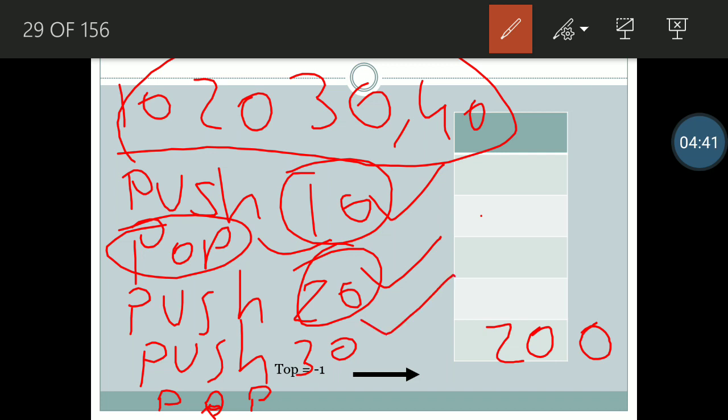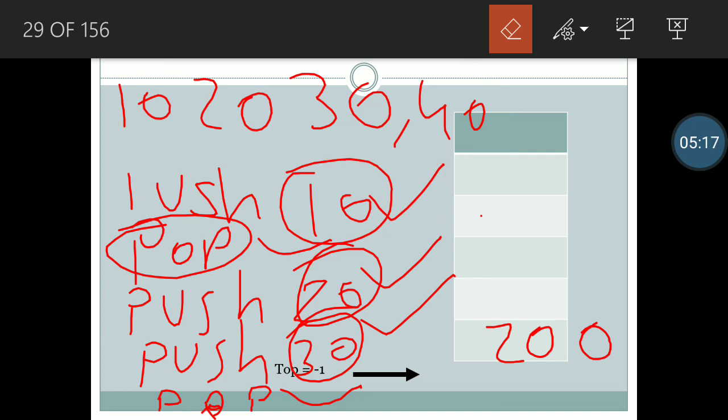Next operation is push 30. Push operation will increase the top's value, means value will be 1 and the value in the stack will be 30. Again our next operation is pop. So pop will delete the item, means this 30, and also decrement the top, so top's value will become again 0 and the element will be 20.